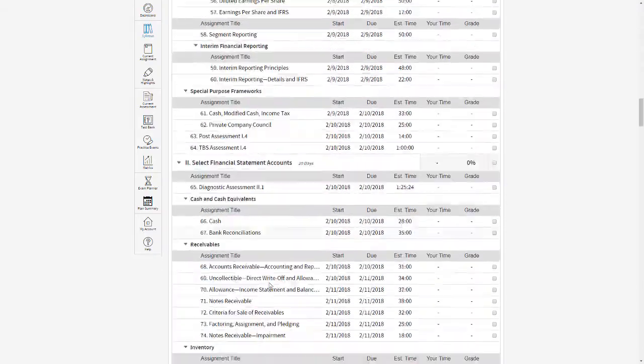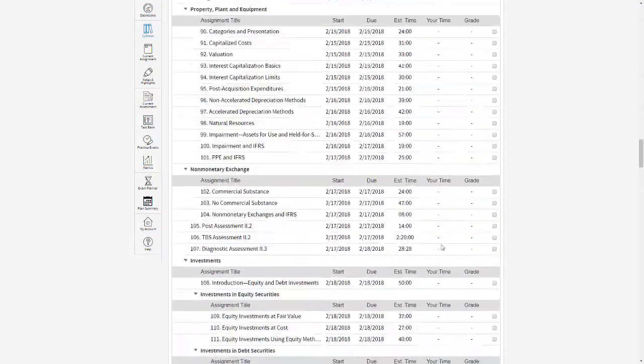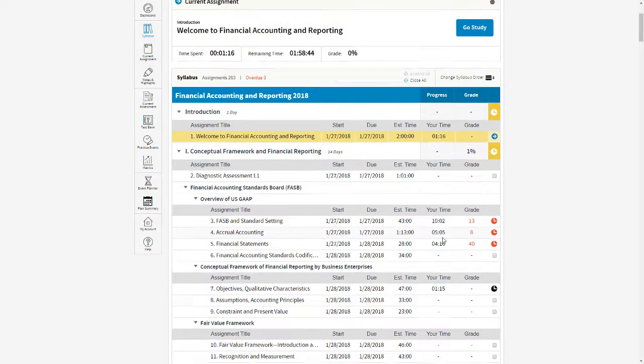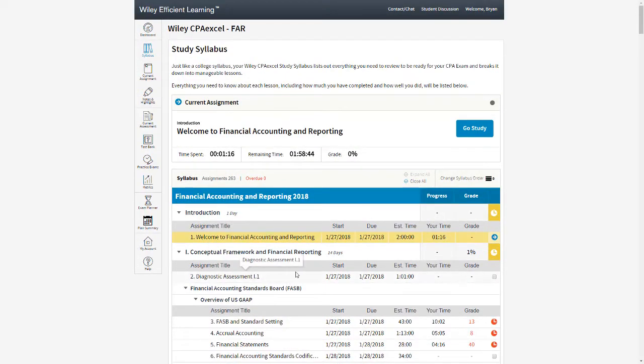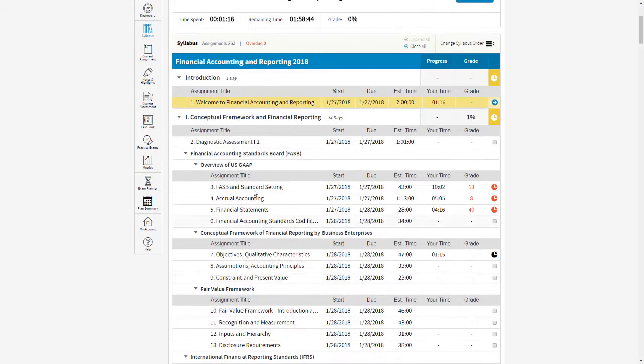So there's almost 200 plus bite-size lessons within CPAexcel. So there's a ton of information to get through. But what I like about CPAexcel is that they don't give you 3-4 hour lectures to sit down and watch all at once. They break everything up into bite-sized chunks, or bite-sized lessons as I call it. So as you're progressing through each individual learning module here, there's a video lecture, some textbook, and multiple choice questions